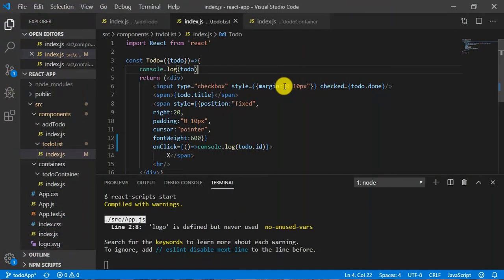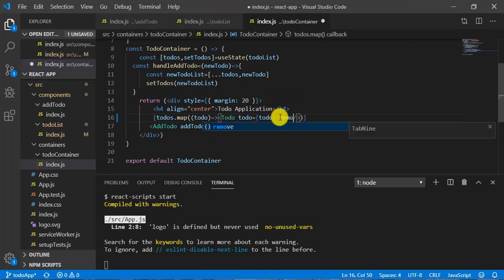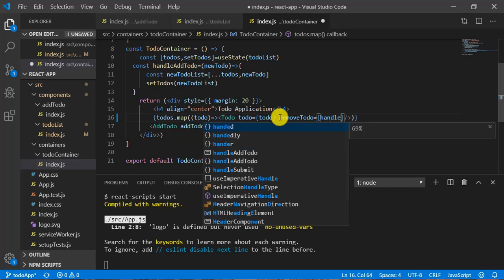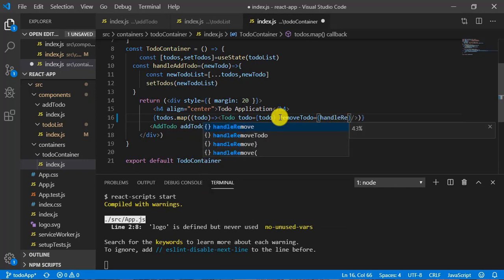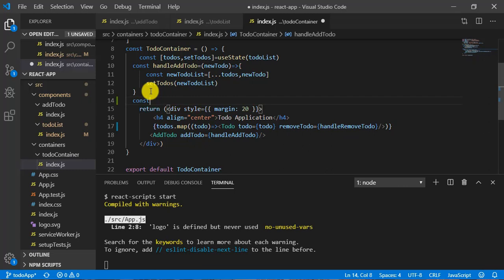Now we need to have a function which is going to remove the todo, and that function will be in the todo container, right? So from here we can pass another props called removeTodo. Okay, and we need to pass a function, so call it as handleRemoveTodo. Okay, so this function doesn't exist right now, so let's create this function.